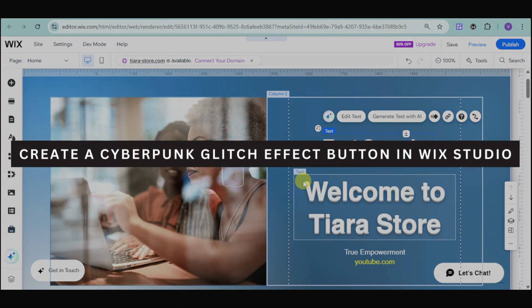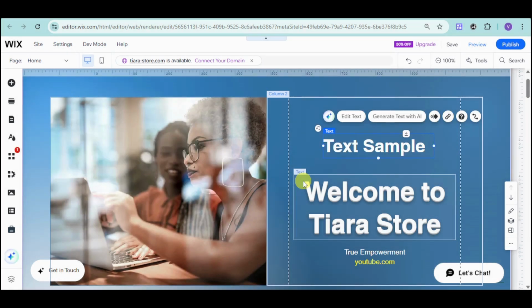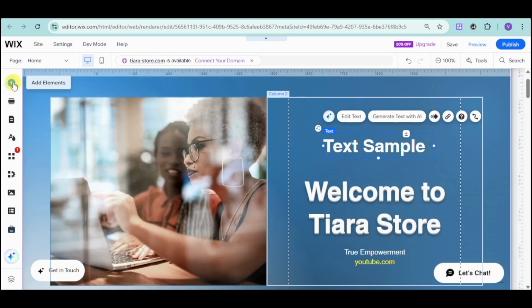How to create a Cyberpunk glitch effect button in Wix Studio. So in order to create that particular button, first things first, click onto this plus icon or add elements section